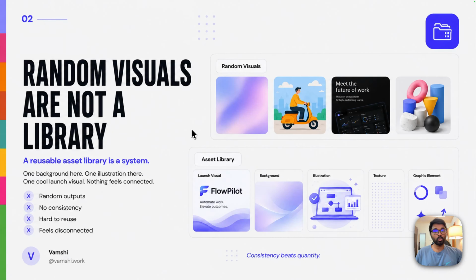inconsistent. So in this episode, we are not going to generate images, we are going to create an asset library, which is a small reusable collection of launch visuals, backgrounds, illustrations, textures, and graphic elements that feel like they belong